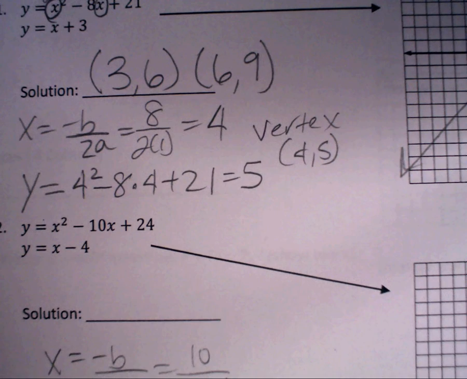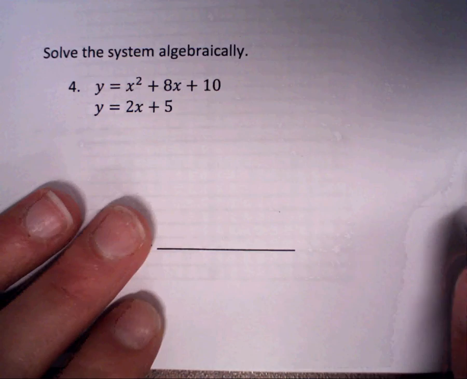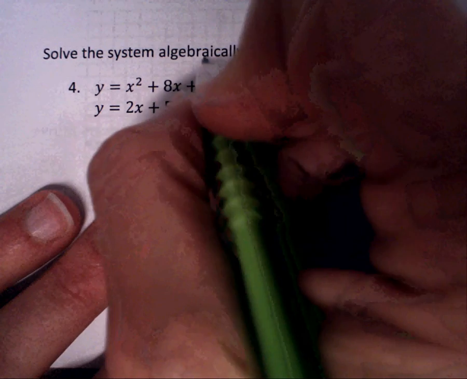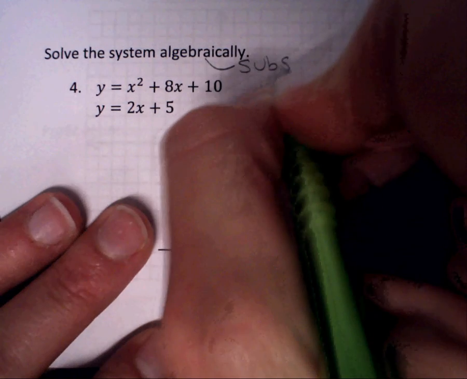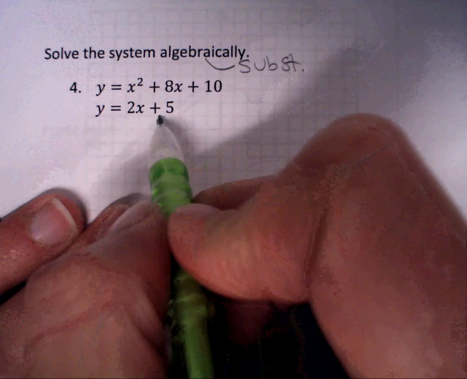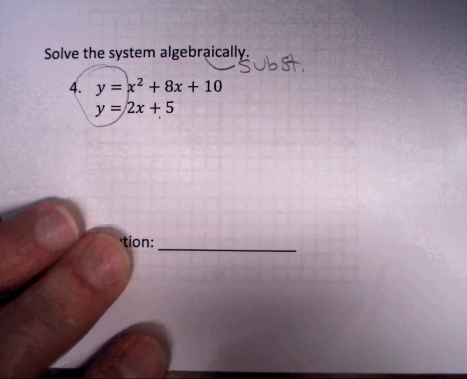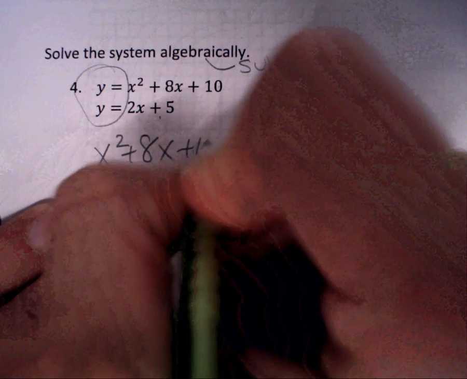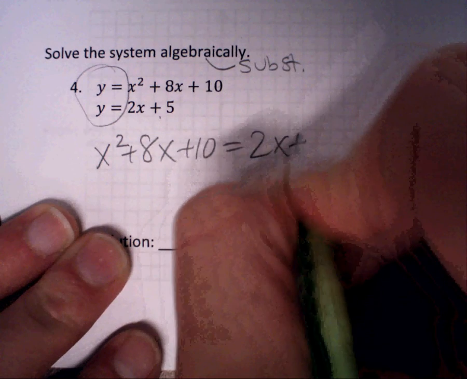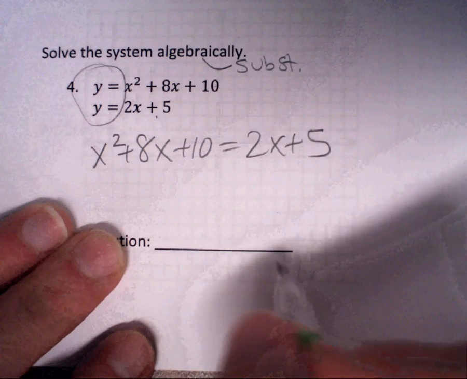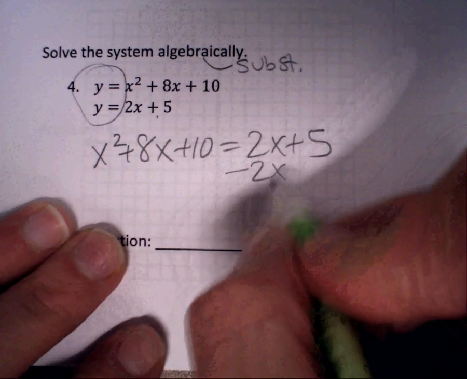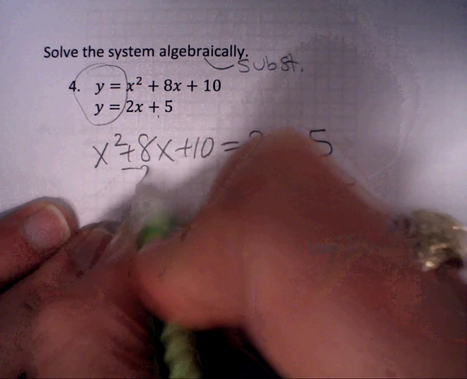Okay, so we're going to jump down to number 4. Number 4, we're going to solve this by substitution. And that's how we learned how to solve a quadratic and a linear. So notice that they're both y equals. So what I'm going to do is I'm going to set them equal to each other. So when I do that, I'm going to get it equal to 0 because in the end I want to be able to factor this